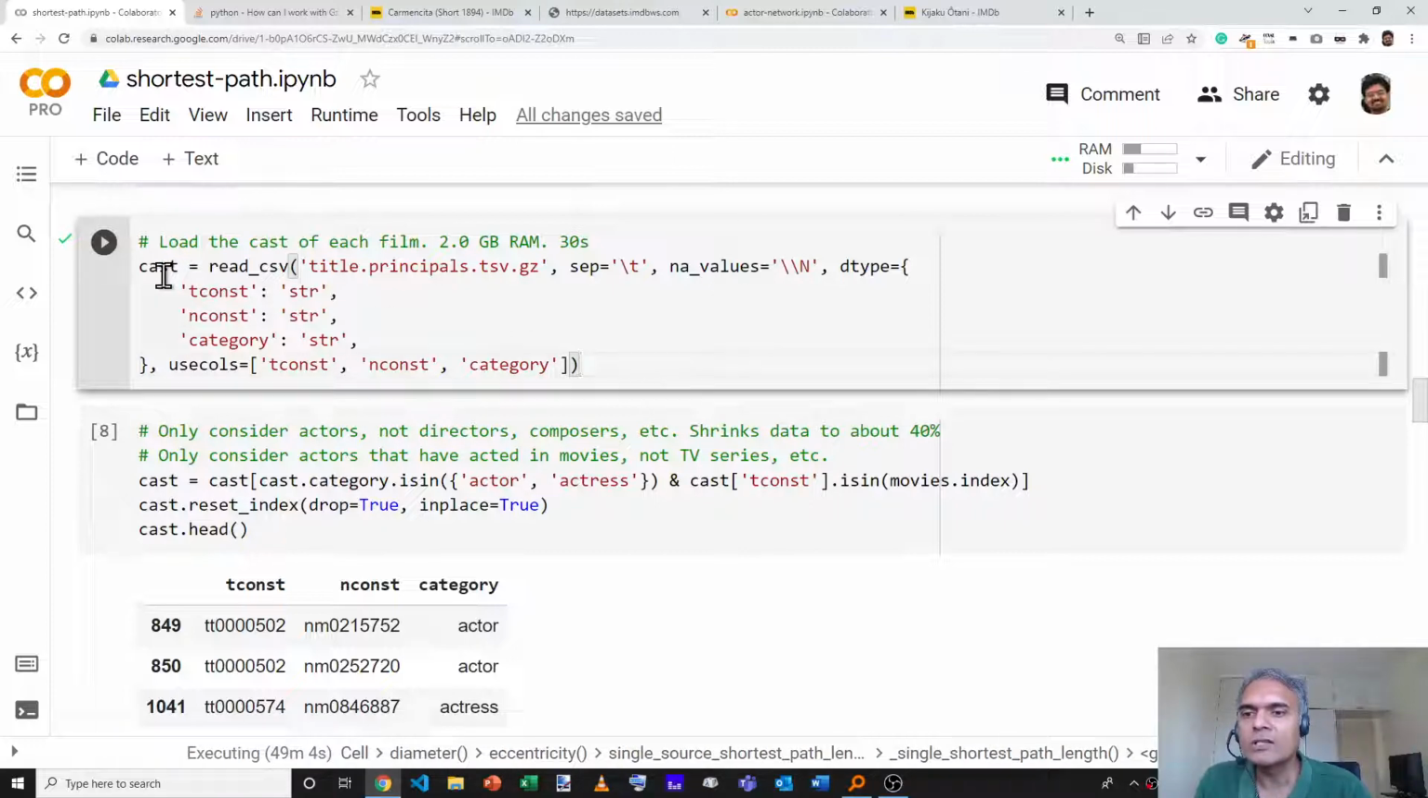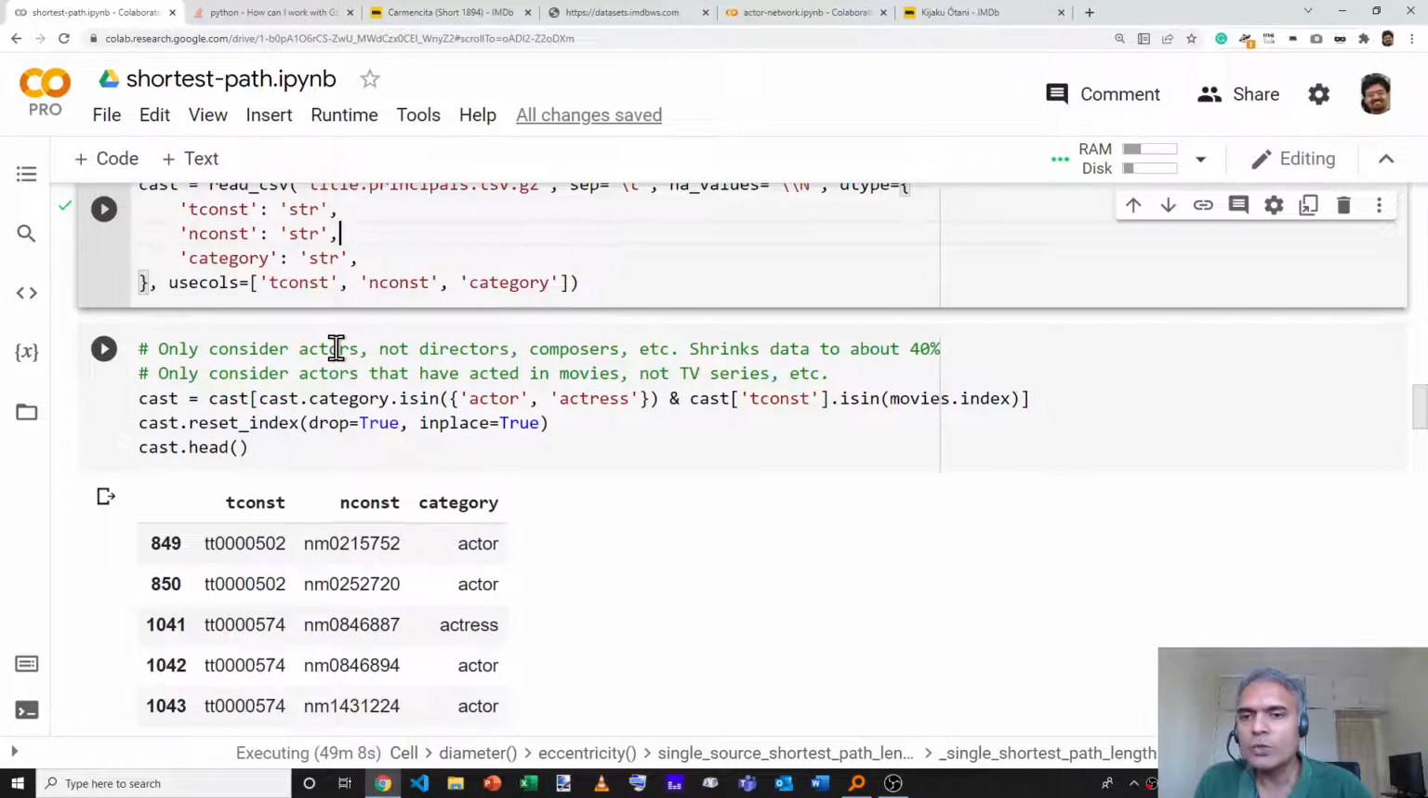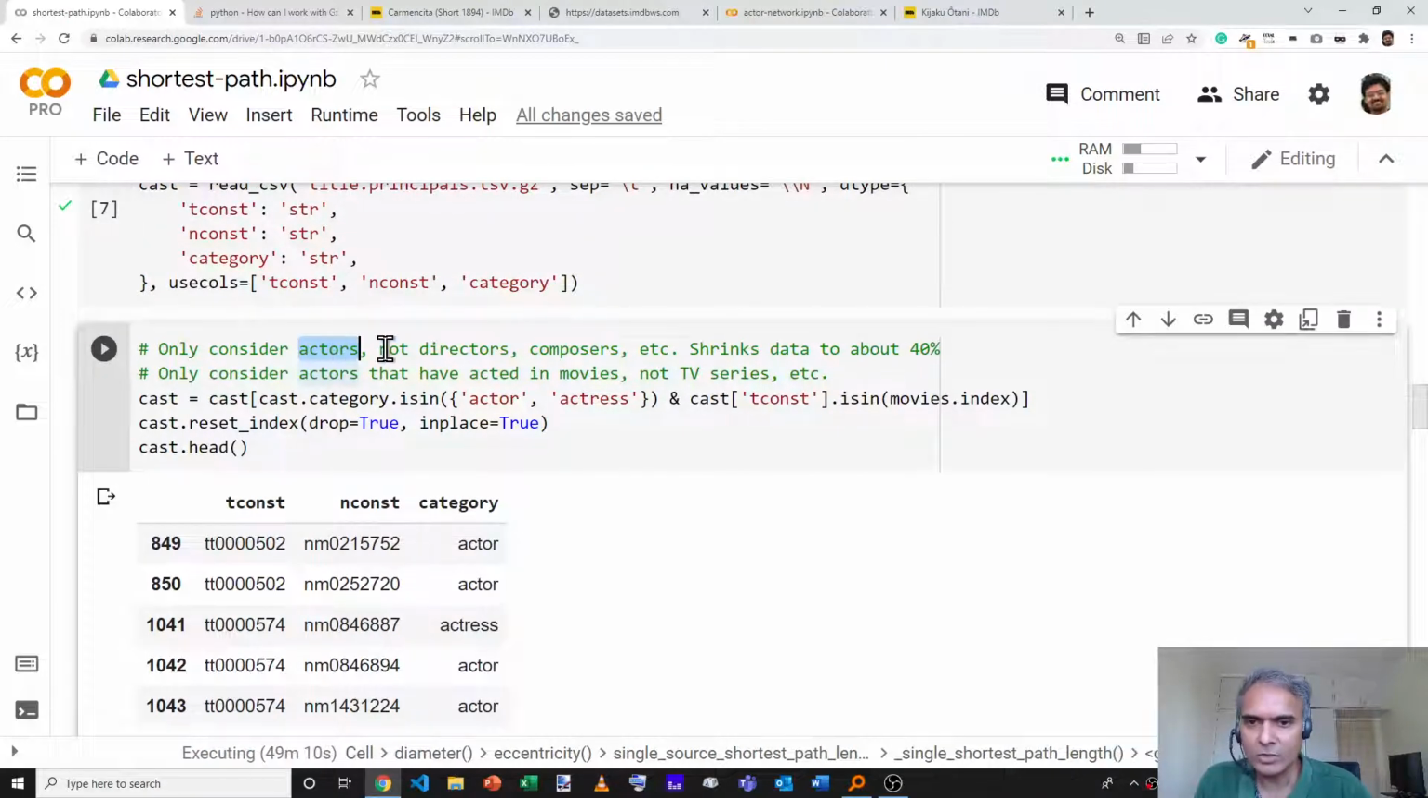So this will ultimately give us the cast of each of the films. Now, given this, we only want to consider actors, not directors, composers, music directors, etc. That reduces the data to roughly about 40% of the original. And we also only want to consider actors that have acted in movies, not in the TV series or shorts